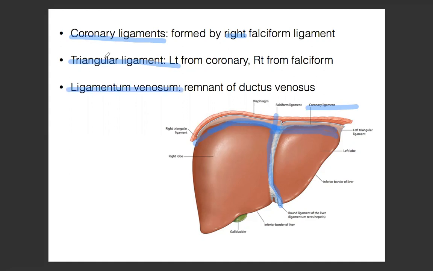The coronary ligament with triangular ligament, I don't want you guys to think too much about them. They're pretty much never mentioned usually. في ligamentum venosum is the one that's actually important because it's a برضو embryological remnant of something we know as the ductus venosus in embryos. So basically في embryo we try to bypass the circulation, right? So we bypass,